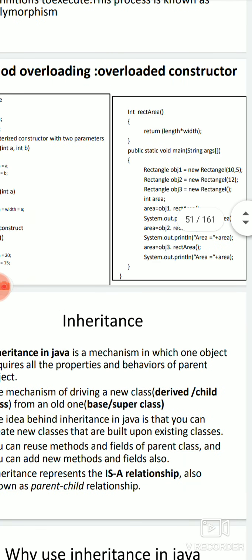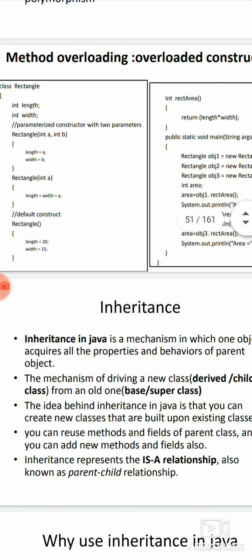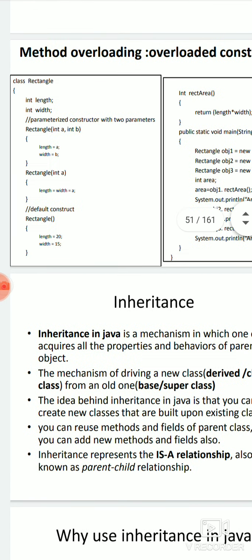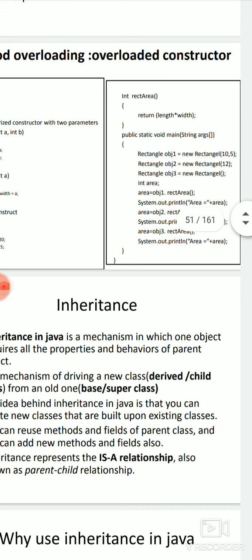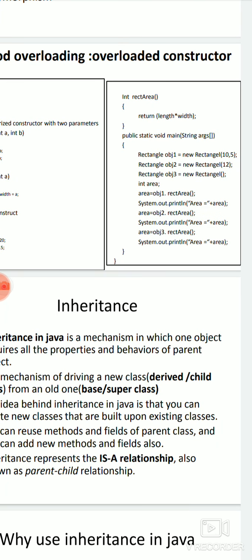The next line is where we start our execution of the program, and you should remember that everything is written inside a class, so it is all inside the class Rectangle. We have not terminated the class Rectangle yet. Inside the class, next line, public static void main, and inside this you are creating, just look at the first statement, Rectangle obj1 is equal to new Rectangle(10, 5).